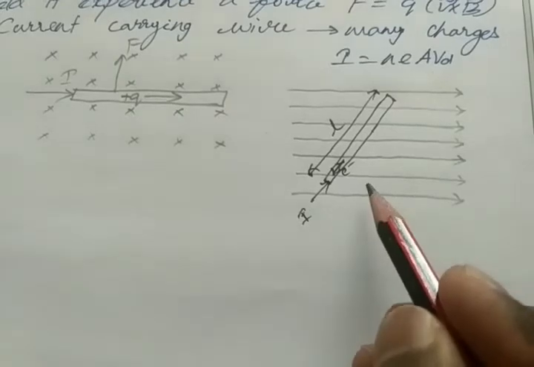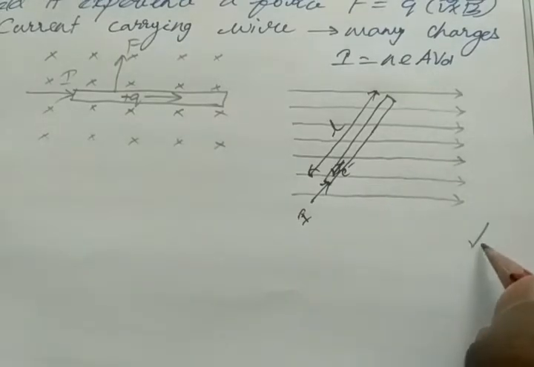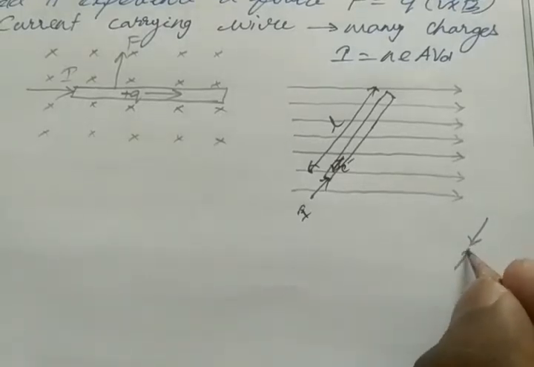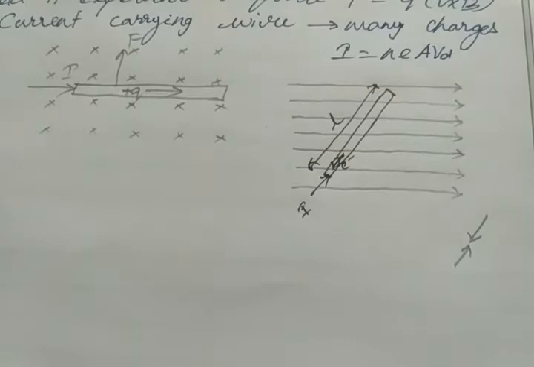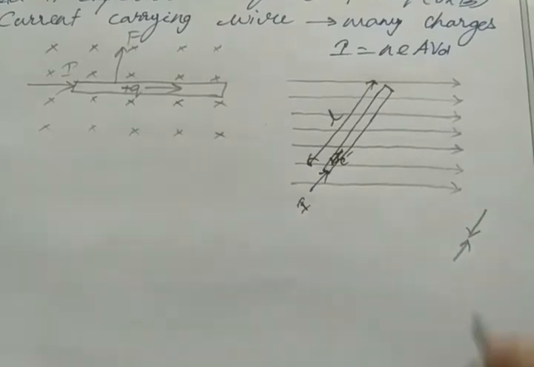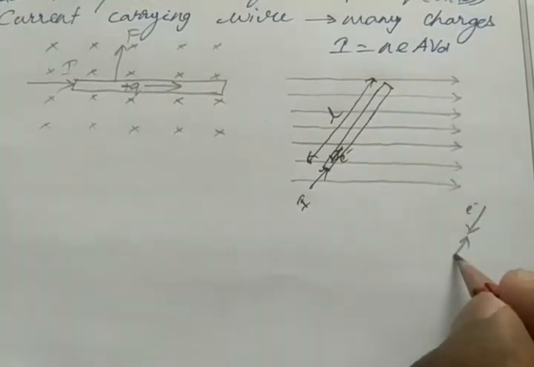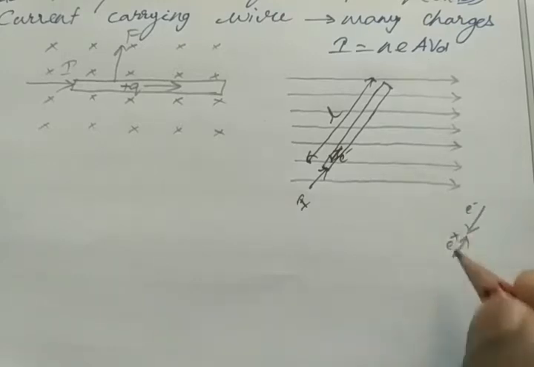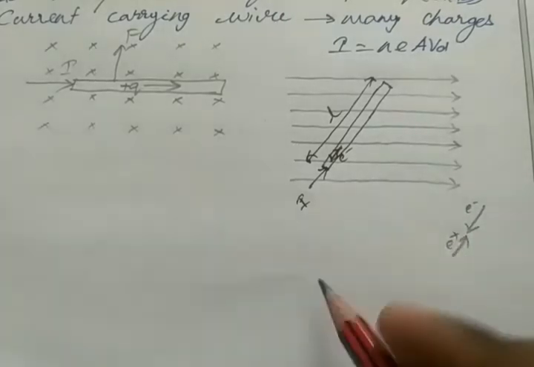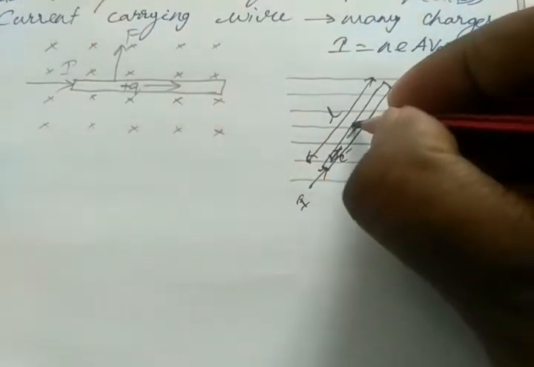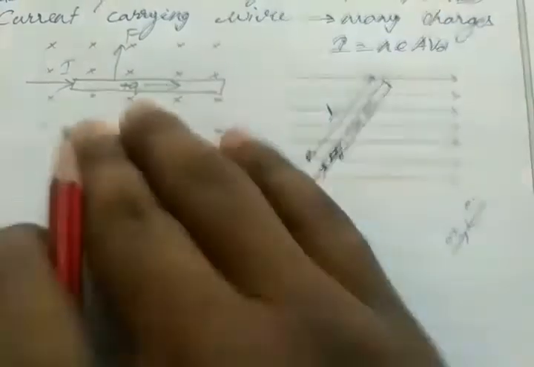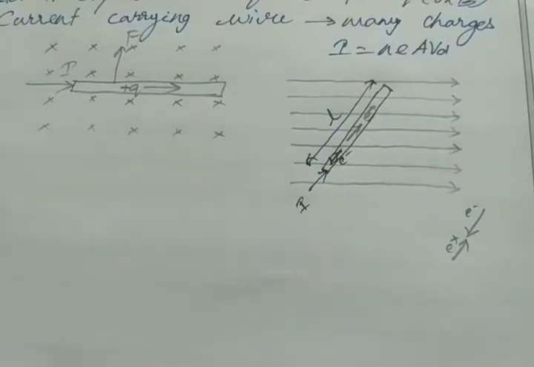So if my electrons are coming in this way in the conductor, then what will be the motion of positive charge? Positive charge will move in this way. Why? Because two opposite charges attract each other. So my electrons coming this way, the positive charge is going to attract these electrons, so it moves in the opposite direction. So if I take a positive charge moving in this way, then I can apply the normal rule with the right hand palm rule.